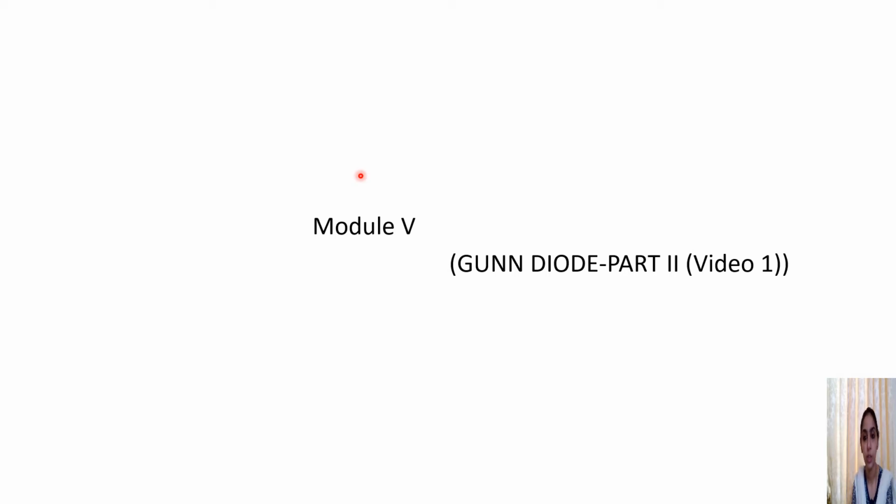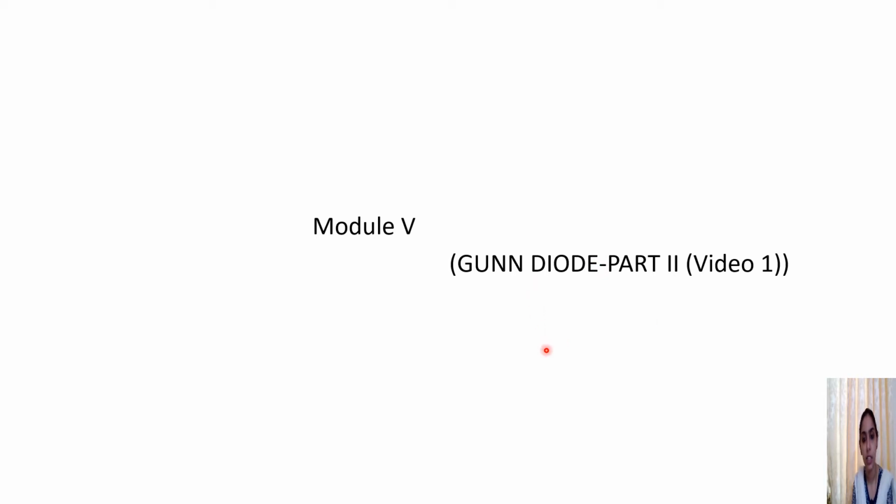Now we are continuing with our Gunn diode. In the part 1 lecture of the Gunn diode, we have seen what a Gunn diode is, the construction of a Gunn diode, and the working principle of the Gunn diode. Obviously it was working in a negative resistance region. We have seen the characteristic curves of the Gunn diode, namely the J-E characteristics, that is the current